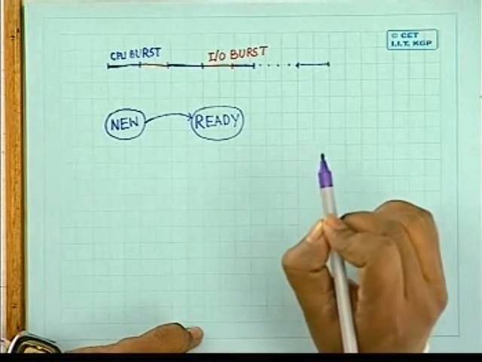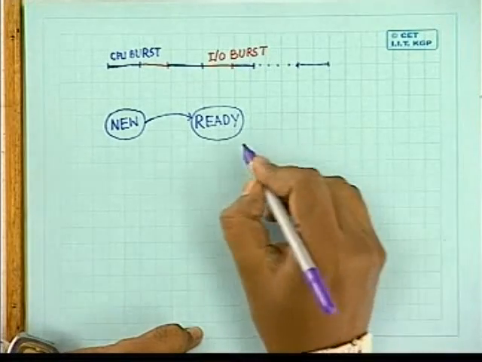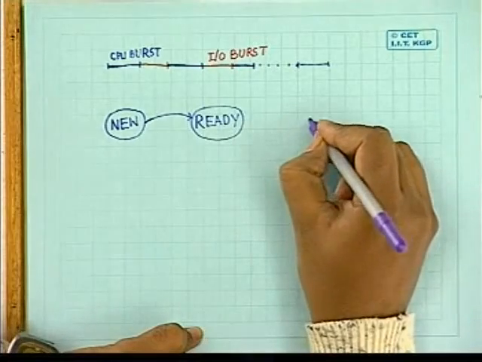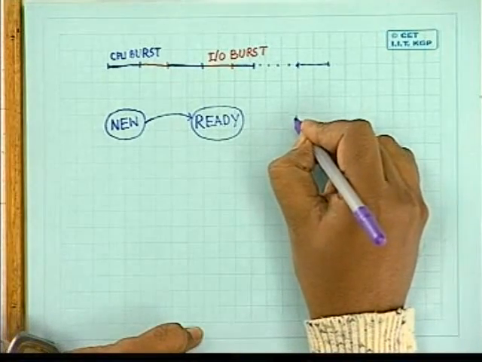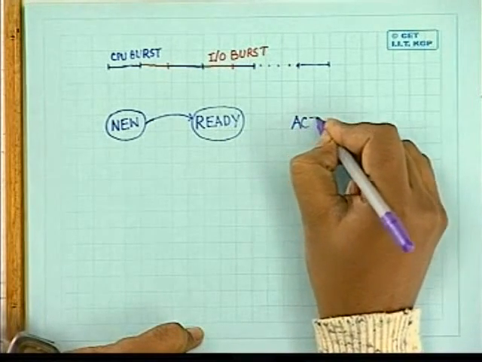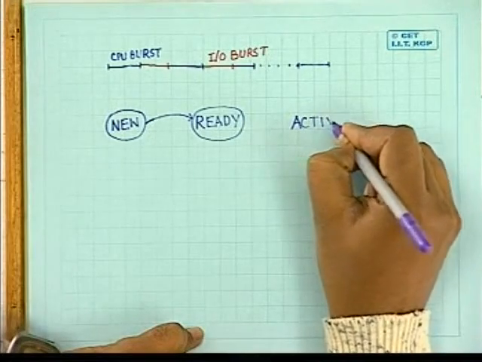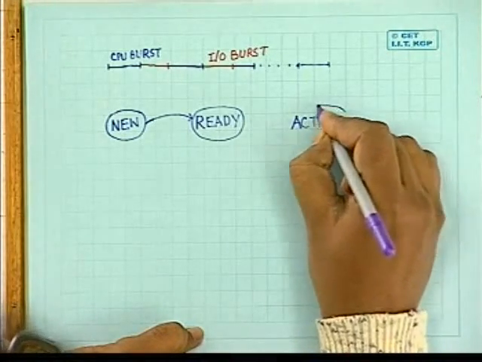A job cannot be executed by the CPU when it is in the new state. So from the ready state, when the CPU actually executes the job, we call that job to be in active state. So the job becomes active